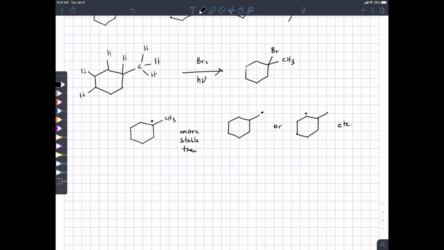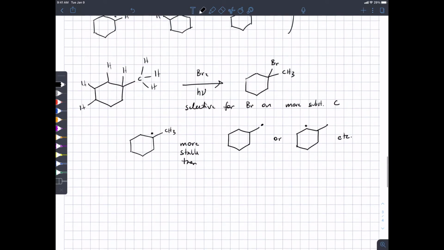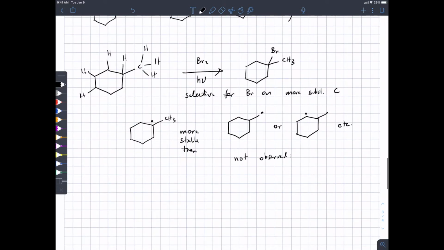So radical bromination is regioselective for the product where bromine is on the more substituted carbon. Right? We don't observe this or this